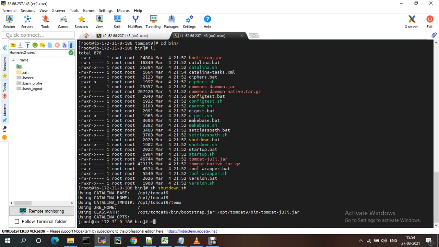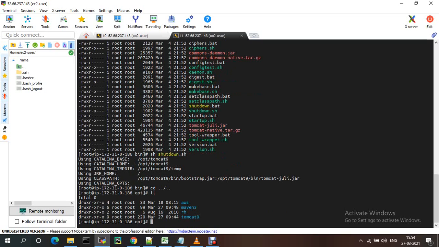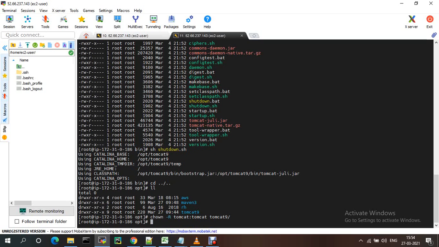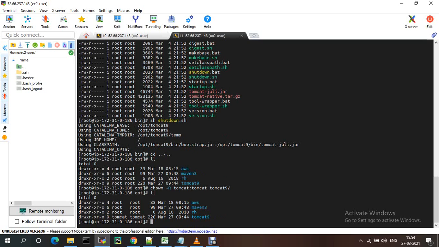Now if you go to this path we have created, you just need to update the permissions. Ownership, you just need to change the ownership for Tomcat. Currently we have root, right? So I'm just changing the owner to Tomcat. User is Tomcat, group also Tomcat, and the Tomcat 9. So now it will be changed, user and group, of the Tomcat.